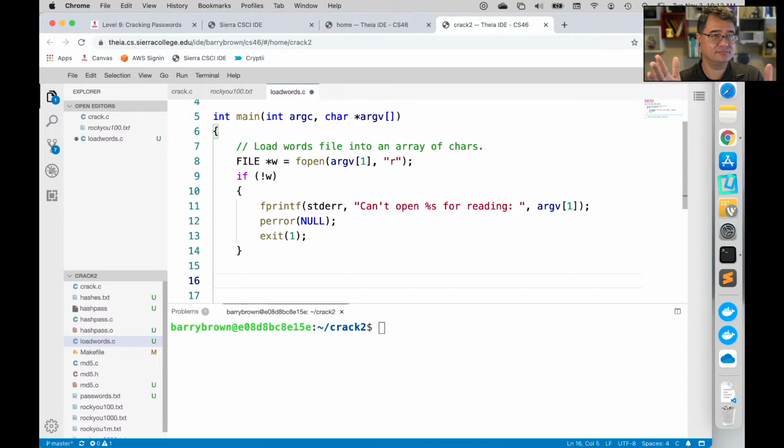Well, you would just use the, oh, you couldn't use \n. You couldn't use \0 either. I mean, the problem is if I put the new line characters in there, then when I wanted to say, go to word number 3, I get a pointer to word number 3, but then where does it end, right? There's no null character sitting at the end of that string to say, here's where that string ends. There's also no spaces in that file. Right. So why don't we just add a space to separate them, and that'll be our delimiter.